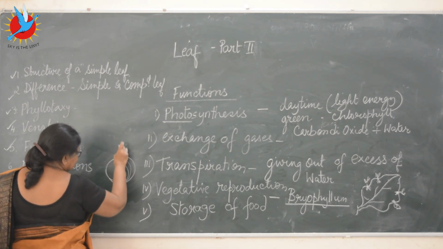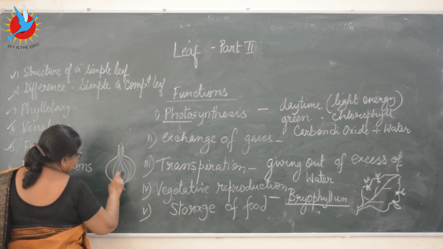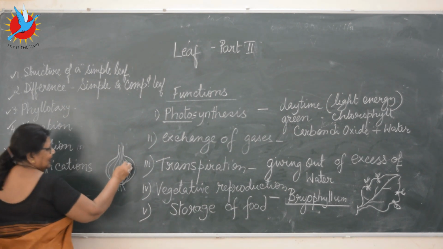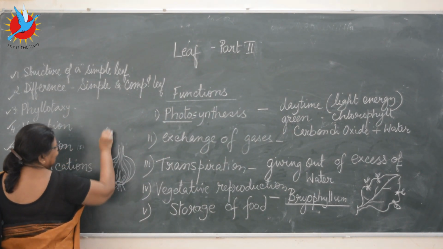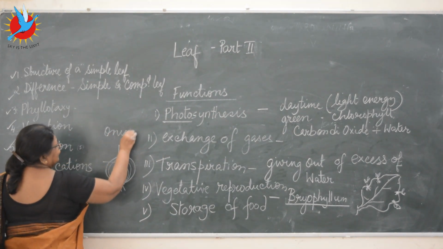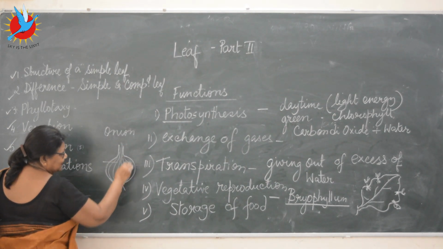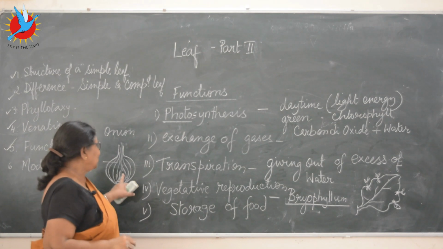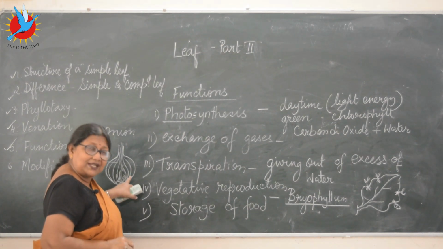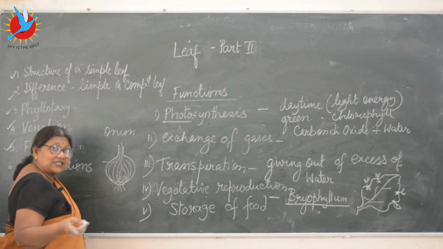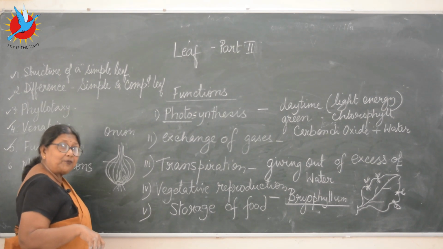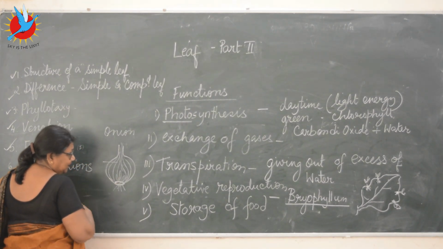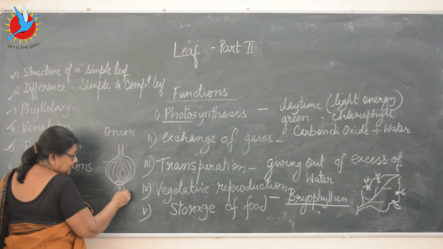What is this? Cut section. Which vegetable is this? Onion. We eat onion. And these are the fleshy leaves of onion that we eat because it stores food. So it's a leaf. You can always ask me, how is it a leaf? How can we prove? Because this is the stem, and on the lower side, roots are coming.